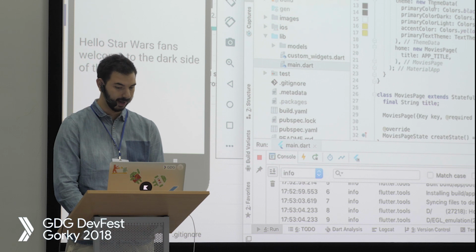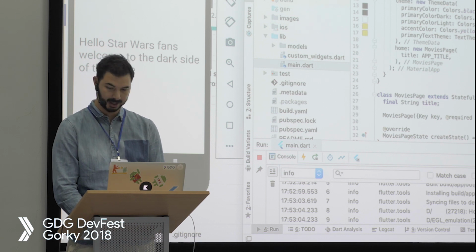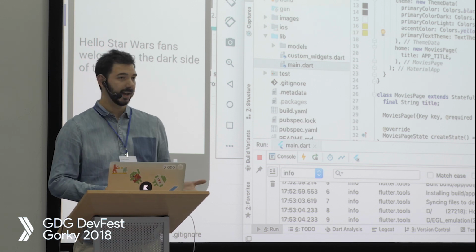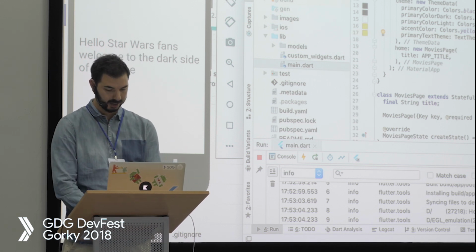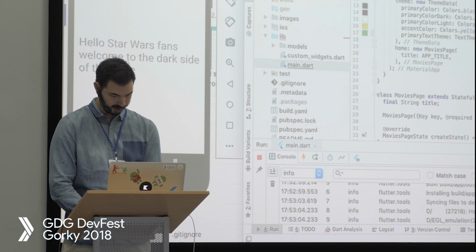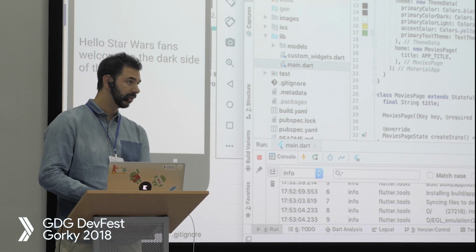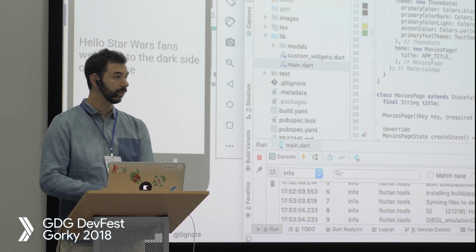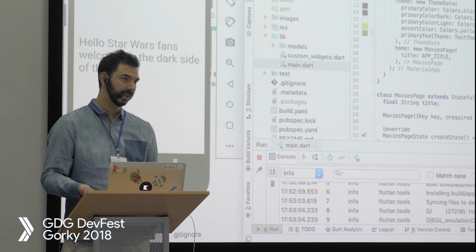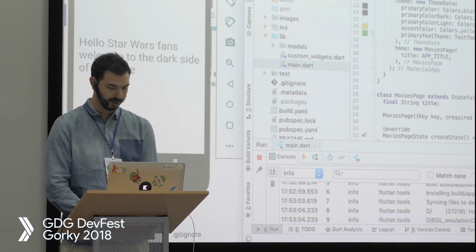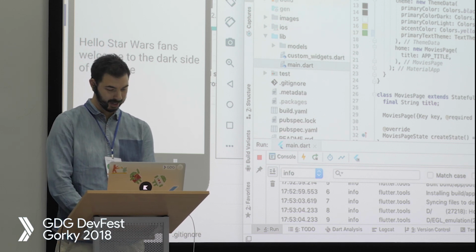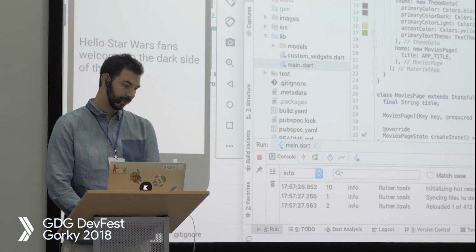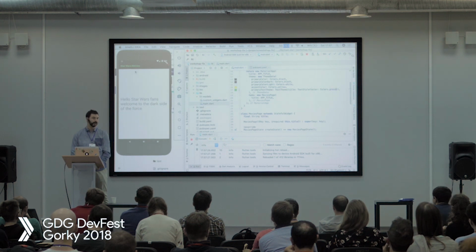And we specify a theme with all the colors. One of the nice things about Flutter is that it has a hot reload function. So if I would change this green, normally on an Android project or an iOS project, you would have to recompile the application, then reinstall it on your app. You have instant run, but usually that doesn't work or breaks down. So now it should rebuild a new app, or only the part that changed,